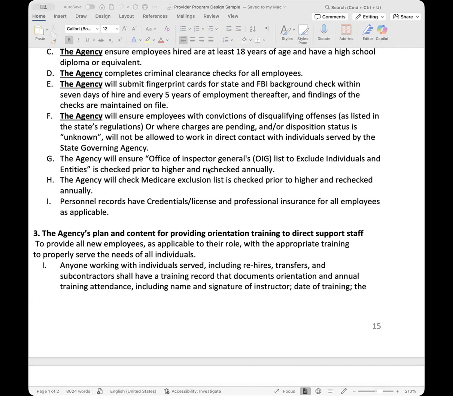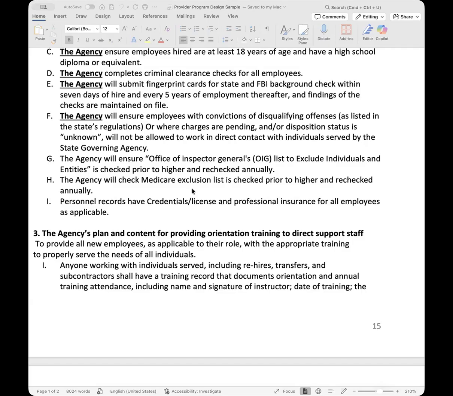You can't work for the agency or the regional center if you have any Medicaid fraud. So they do check a Medicaid list of people who have committed Medicaid fraud, and that will exclude them, unfortunately, from the position. So those two lists are definitely checked to make sure that the employee you're hiring is not on there.